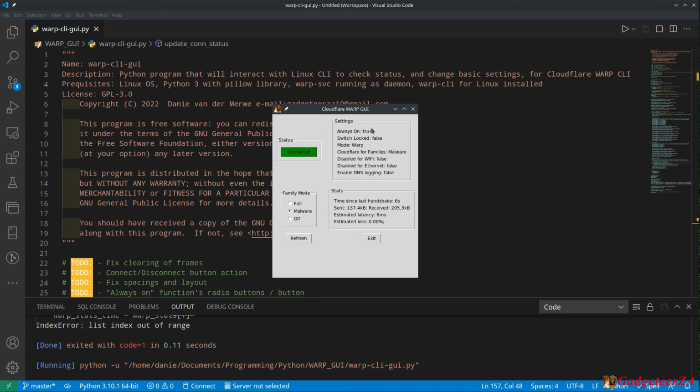I might consider even doing this for some of the other VPN services like ExpressVPN or Proton VPN, because in many cases they lack a good GUI interface, especially for Linux. So yeah, maybe it's something I'd like to do. That's the exciting and inspiring thing about programming, that you are able to develop and create something that just fulfills a need. And if it's not just for you, it's also maybe just for a couple of other people as well.